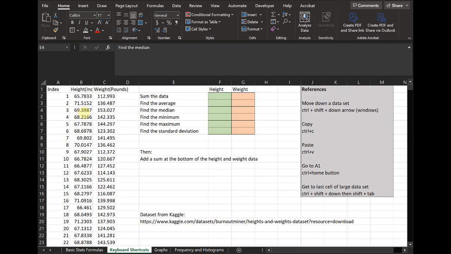Okay, so we're in the keyboard shortcuts tab right here, which is the second tab in this workbook. And now I have 2 data sets, and actually I'm going to show you your first shortcut here. So as you can see, height is in inches, but inches is cut off. So if you ever want Excel to just automatically set the height so that you don't have the cutoff